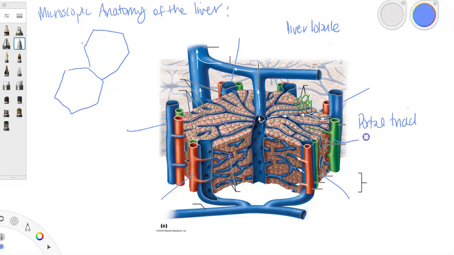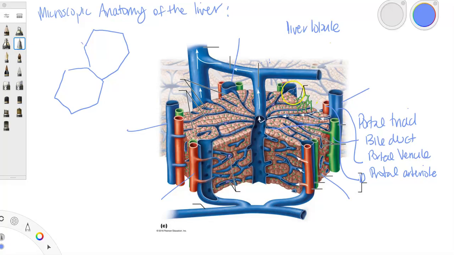So a bile duct, a venule, so a portal venule, and a portal arteriole. All right, and each of these, where the triads are,